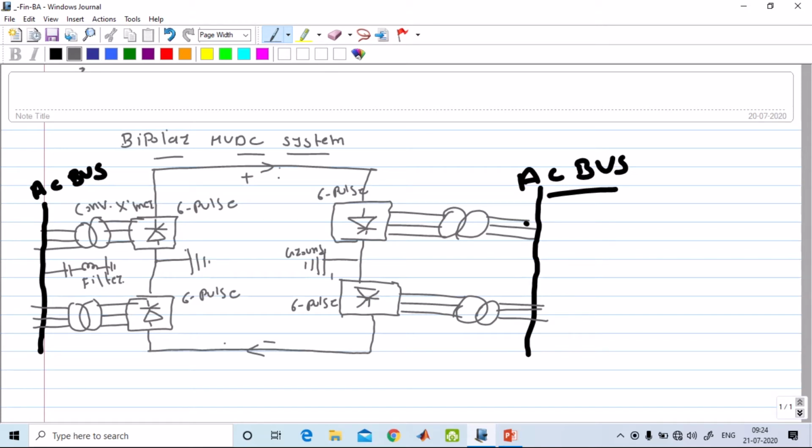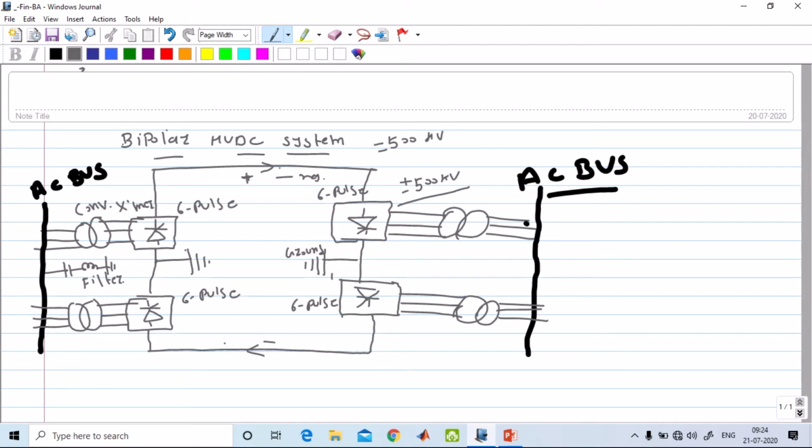Suppose you see this figure of bipolar operation. Same way, if you use homopolar operation, you use both negative conductors, this one negative and this one also negative. So suppose this HVDC line is designed for 500 kV, it is written this way, minus 500 kV, because both conductors are of negative polarity. Same way, in bipolar operation, if you use one positive conductor and another negative conductor, it is rated this way, plus or minus 500 kV.